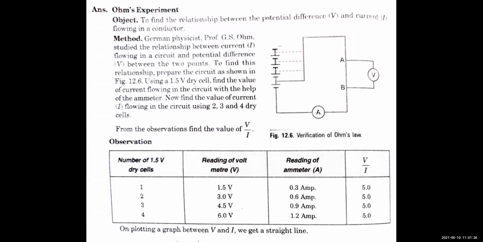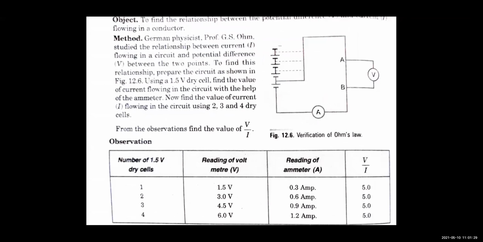Okay, let's go to the procedure. What method are you going to follow? So children, in this circuit, as you can see, AB is the resistance across which the voltmeter is connected. So voltmeter will give the reading of the volt, right? And here in the circuit in series, an ammeter is connected, which is going to give the reading of the current. So voltmeter is going to give the reading of potential difference across the resistance AB, and ammeter is going to give the current flowing in the circuit, right?